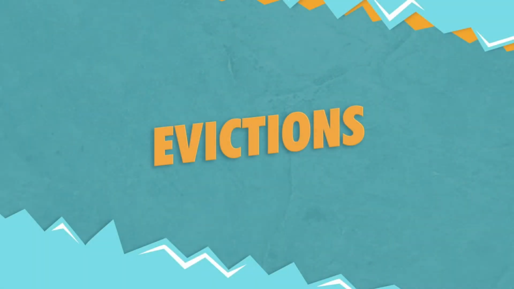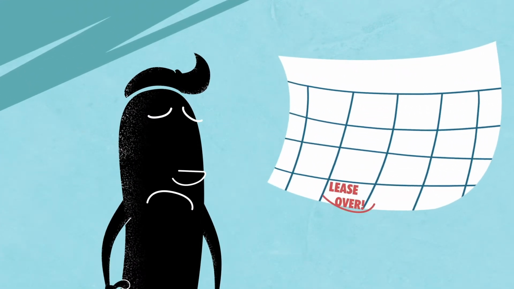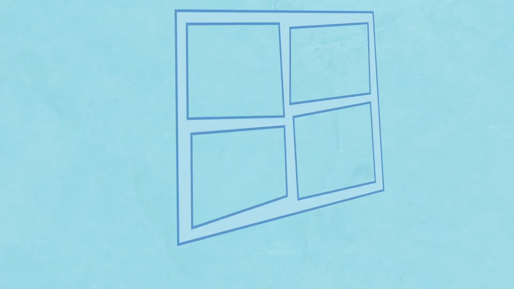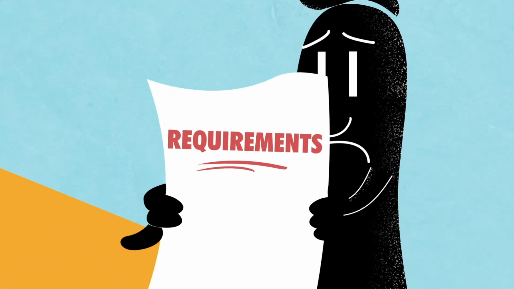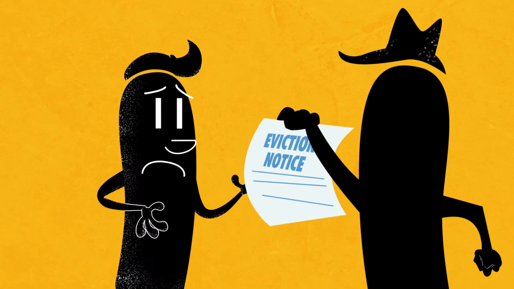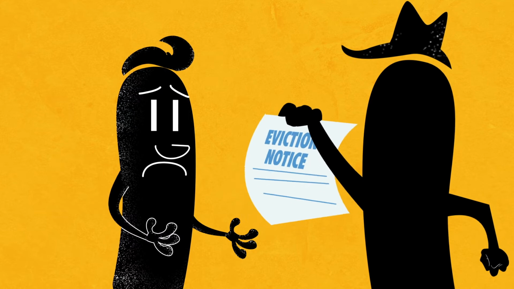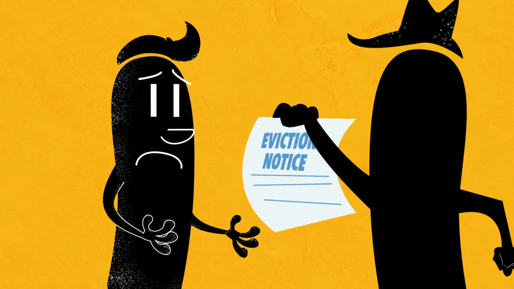An eviction is a lawsuit that a landlord must file to retake possession of an occupied residential rental unit. An eviction can be filed because your lease term has expired, you did not pay rent within 5 days of the due date, or you did not comply with some other requirement of the lease. Before filing the eviction, the landlord has to give you notices. In other words, tell you that they are planning to evict you and why.